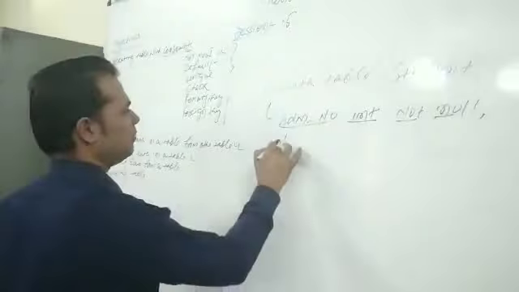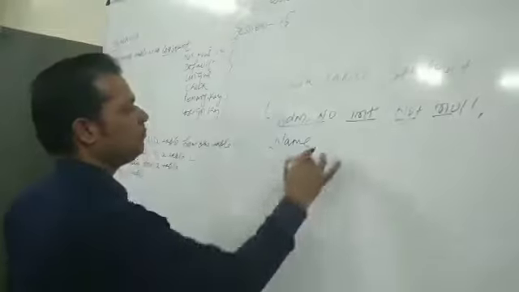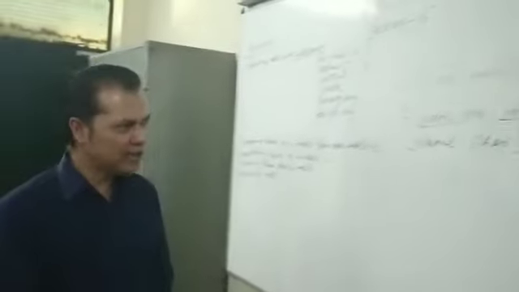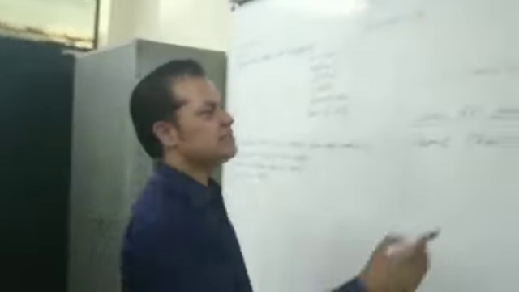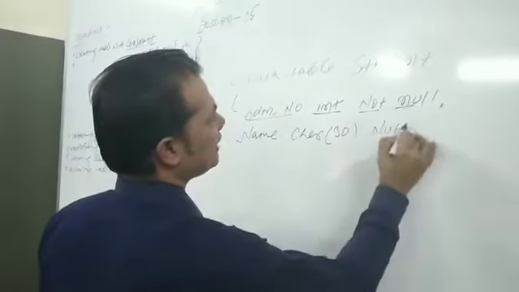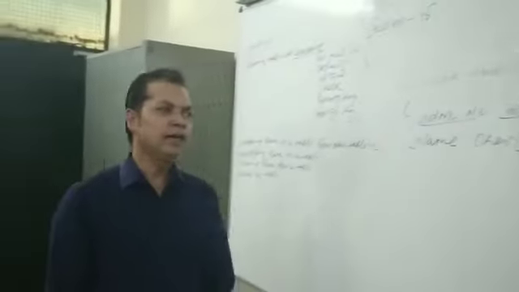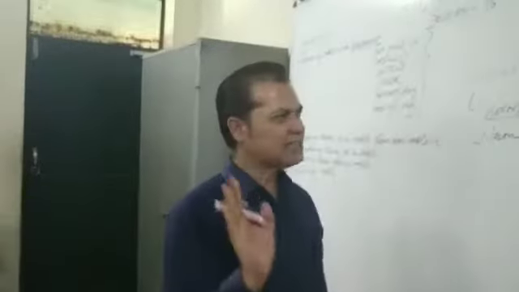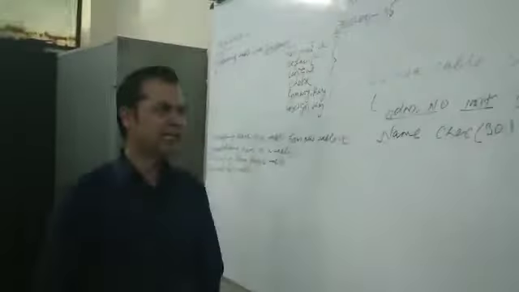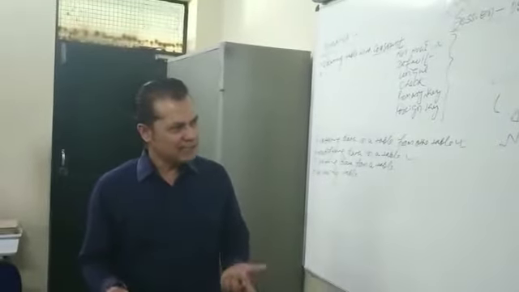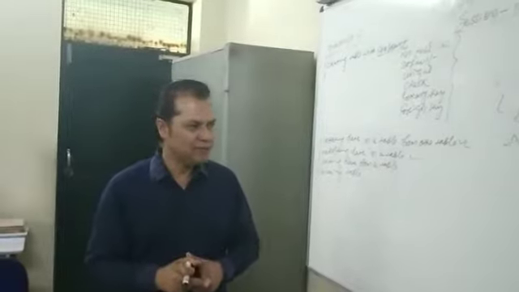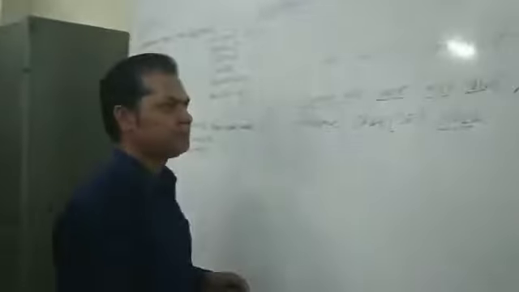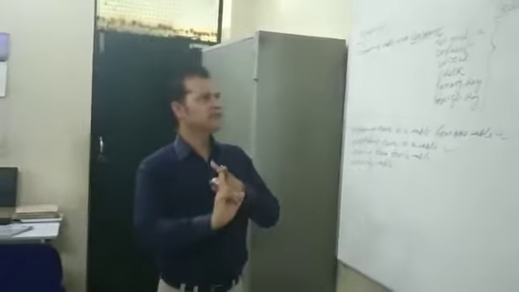Second field, suppose name, and it's a char. Suppose the size is 30 and I want this to be null. People may enter, may not enter. Then simply you write null. It means that's how to create null and not null. Though in SQL or MySQL, by default every field is null except the primary field. So if you're not mentioning any constraint after the data type at the time of declaration of that field, it will automatically be null. So don't bother about null, bother about not null. I hope the not null constraint is fine.